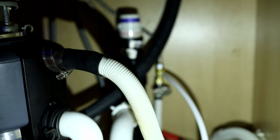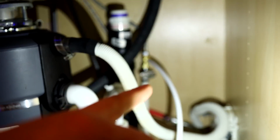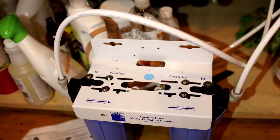So we have a PEX tube coming from the faucet out, and what we're going to do is pre-rinse, per the instructions, the carbon filtration tank. I have the brass 3-way fitting connector there, which goes up to the main faucet. That's the main water supply there. And this goes into the pre-filter, or the main filter. Then we're just pre-rinsing this. So let's just see how that goes. I'm going to turn on the water and...